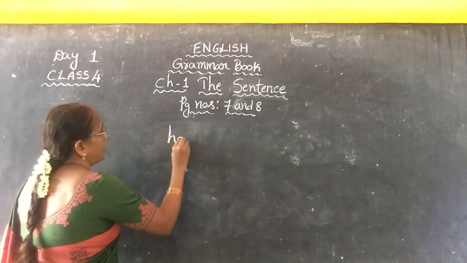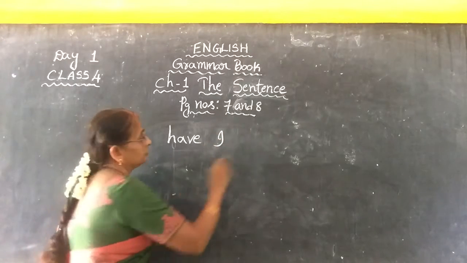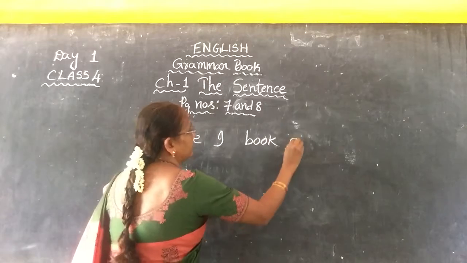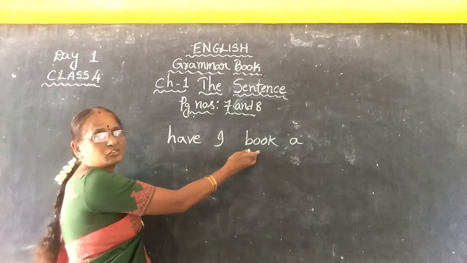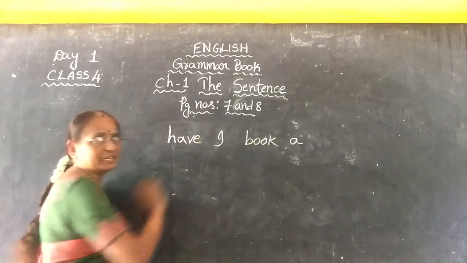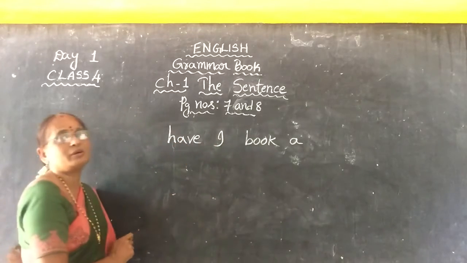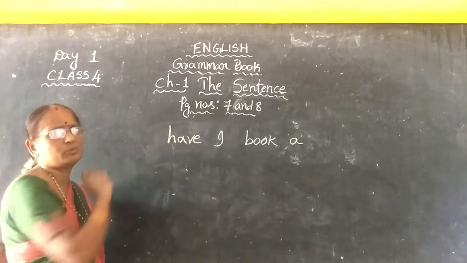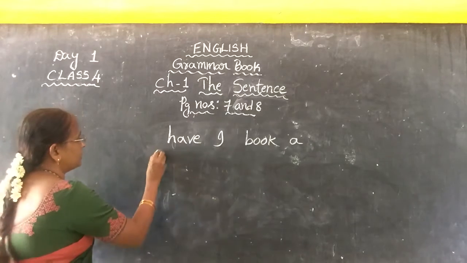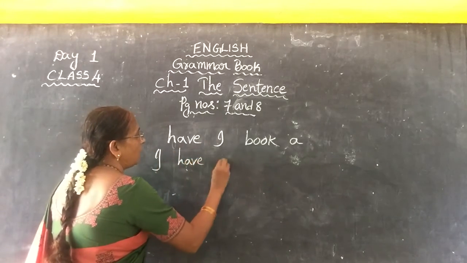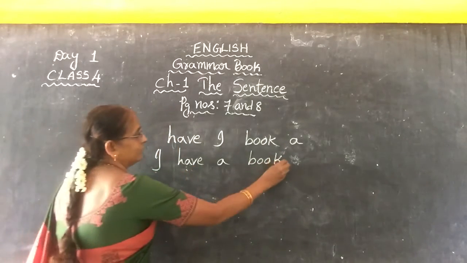See, group of words. Now look here. I, have, a, book. Here, this is a word because some letters are there. This is also a word because some letters are there. But this is not a sentence, because the words are not arranged in a proper order. So it is not going to give us the full meaning of a sentence, children. Then how to arrange all this group of words in a proper order? See here, I have a book. See children, this is a correct sentence.